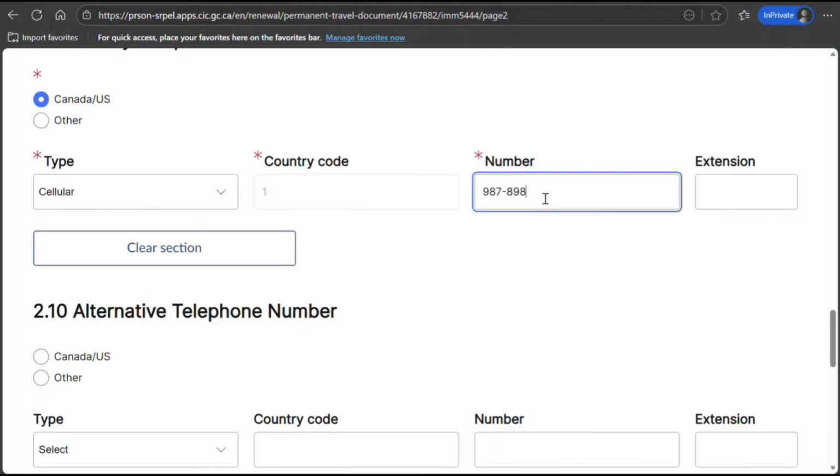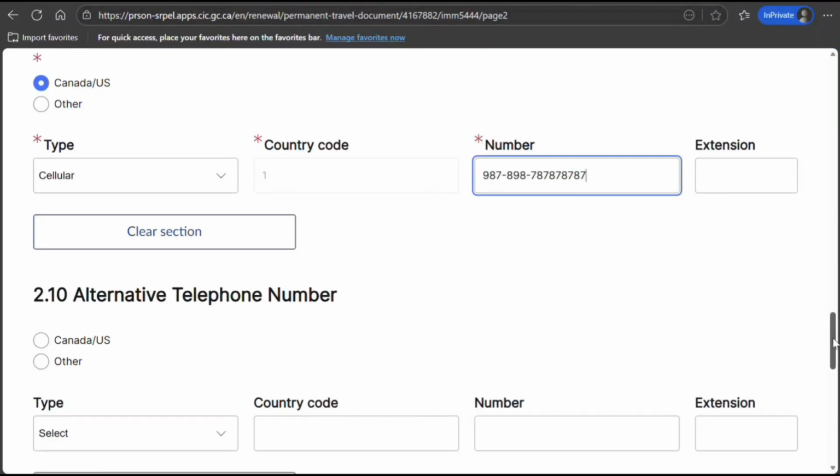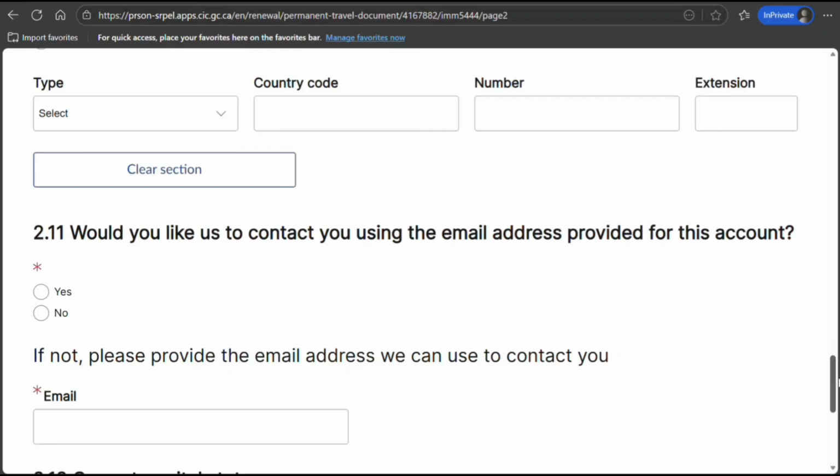This is the sample number. Alternate telephone number is not mandatory, but if you have one, definitely provide it, especially as it will help if they try to contact you and your main phone number is not reachable.